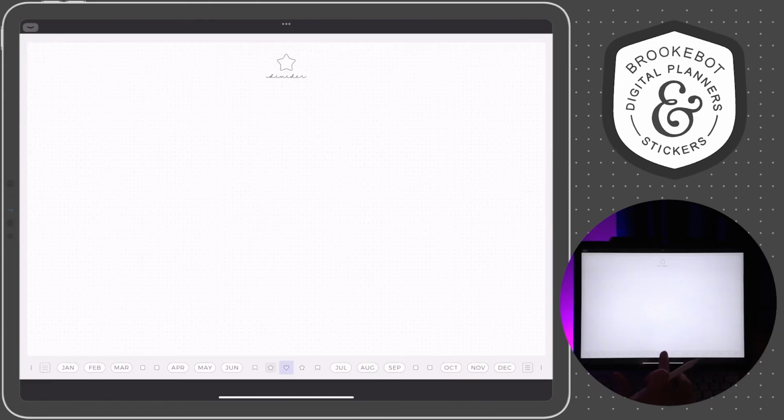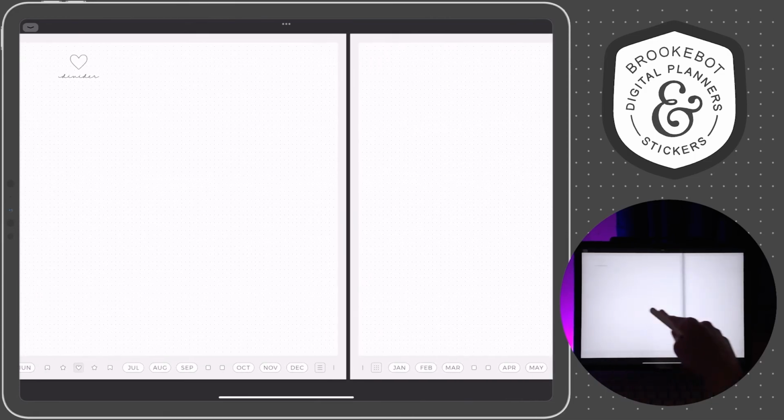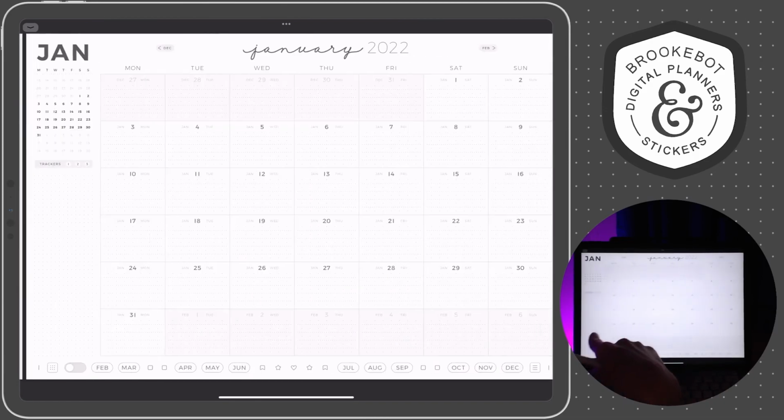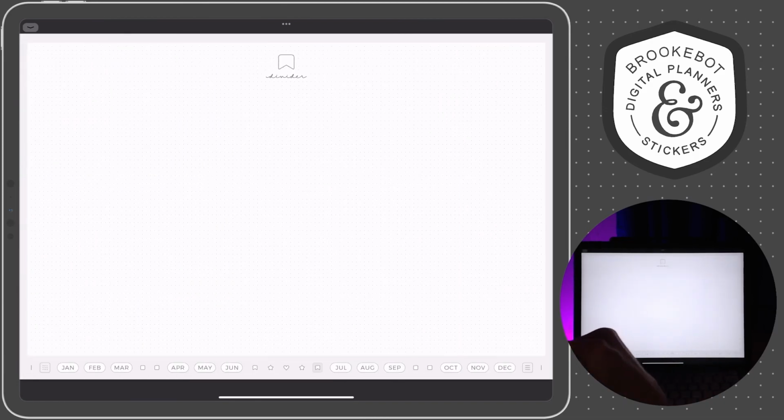Typically what I do is I keep what I call sort of a dashboard. It's like a master list of all of my tasks, and it's just loaded with all kinds of tasks on this page, and I place it right before my weekly page. So anytime I tap on that heart button, I know that page is going to be located directly before my weekly page. But you can choose to use these bookmarks however you'd like to, and you can move them all around your planner however you see fit.